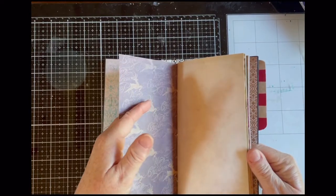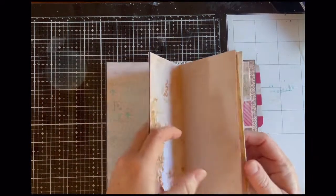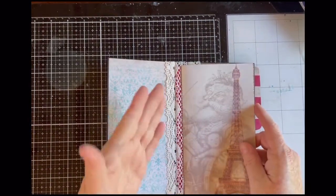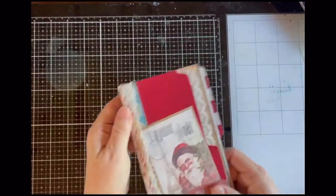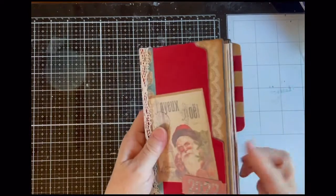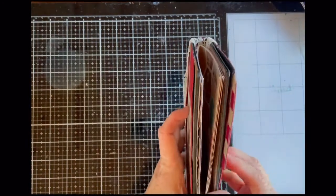There are plenty of plain ones that can be used for writing too, but I'm going to go ahead and start decorating this. In the next few videos we'll do some things to decorate this, but I just wanted to come back really quickly and show you what I did here. I also decided that since I have a second set of pages, I'm going to make another one just like this. So I'm going to make 2 of them,